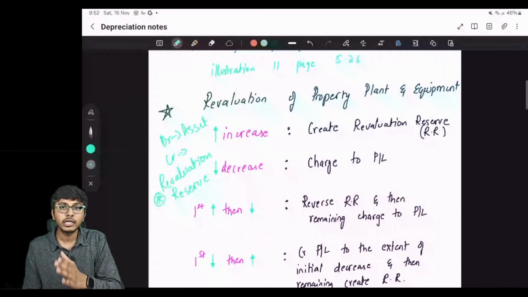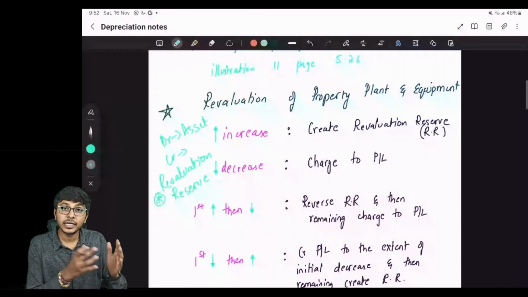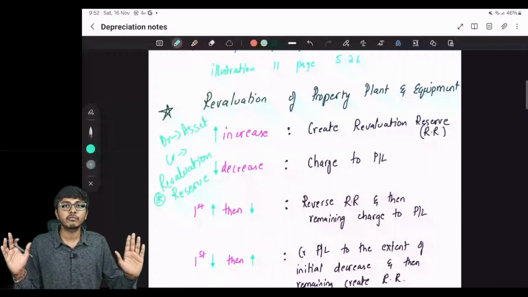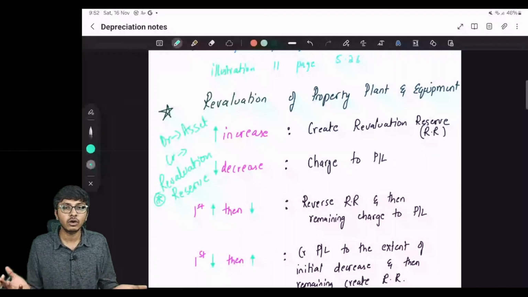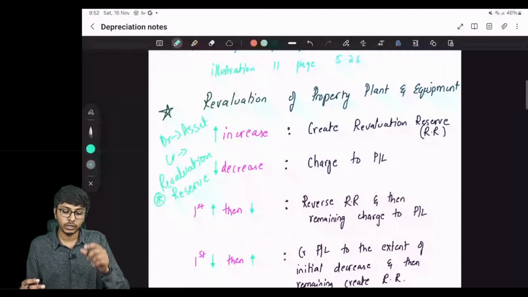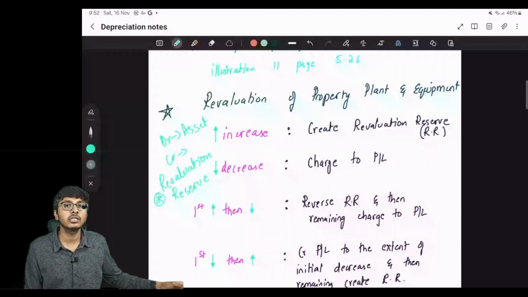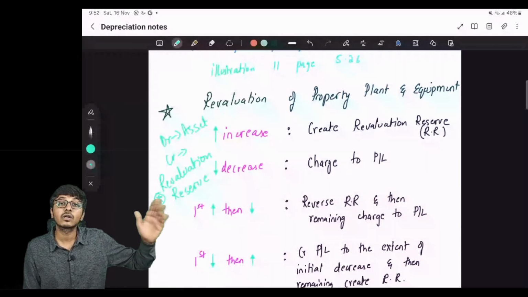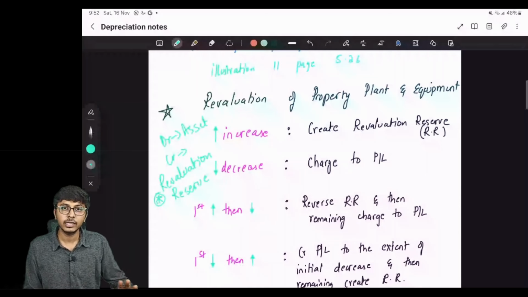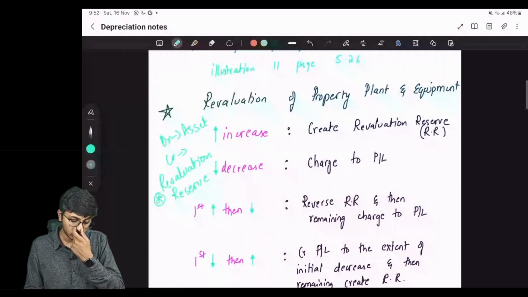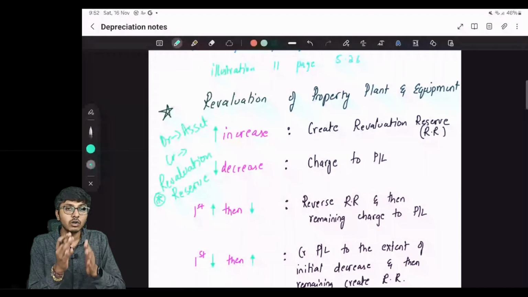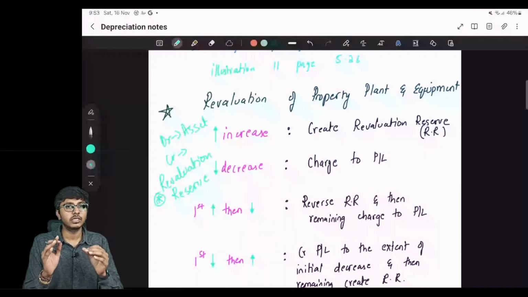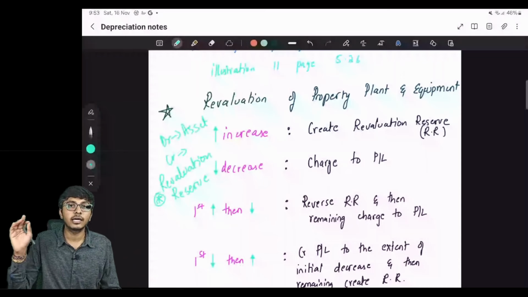So you cannot take it through P&L. You cannot credit your P&L and show that you made a profit of 10 or 11 lakhs this year. No, you cannot show it like that. So what you'll do is directly take it to the revaluation reserve account, which is outside your P&L. That means it will go directly to the balance sheet. So for the first-time increase, with nothing done before, you directly take it to